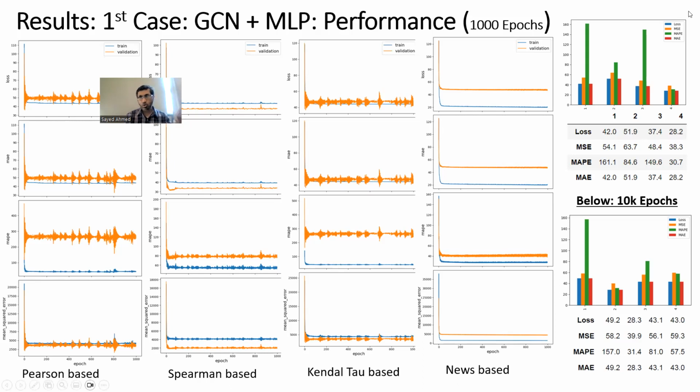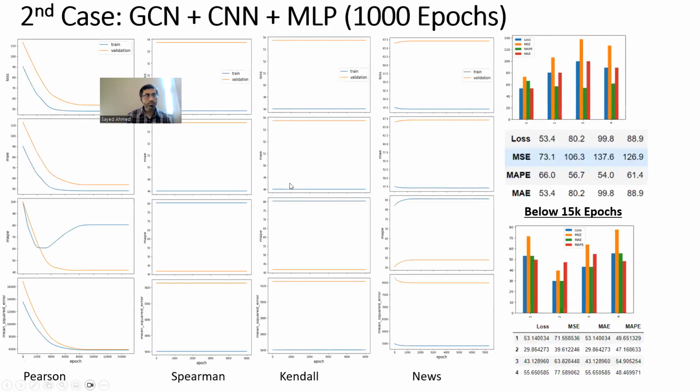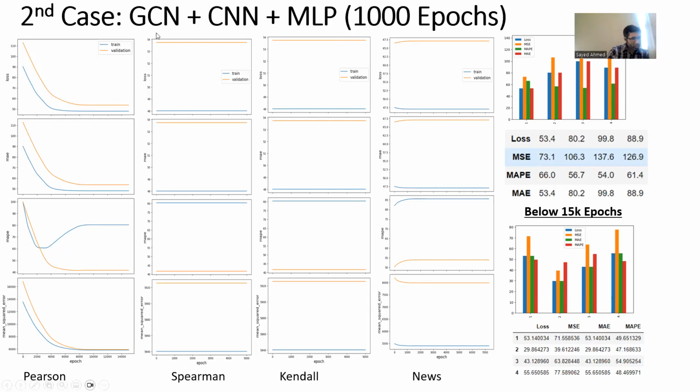But the paper found first news and then Kendall and then Spearman and then Pycharm. Anyway, my result is still not perfect, right? There is more to do. So another test, when I tried graphical convolution neural network and MLP, right? It is as close as possible I could go to the